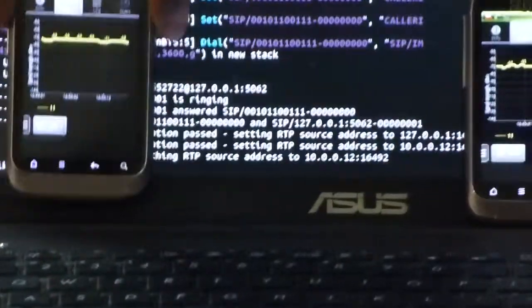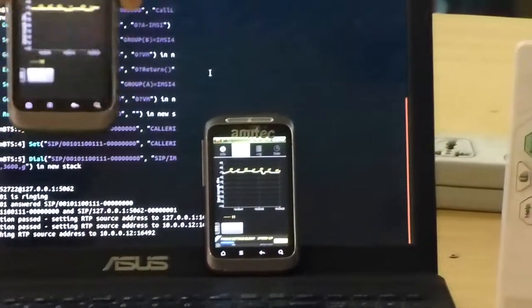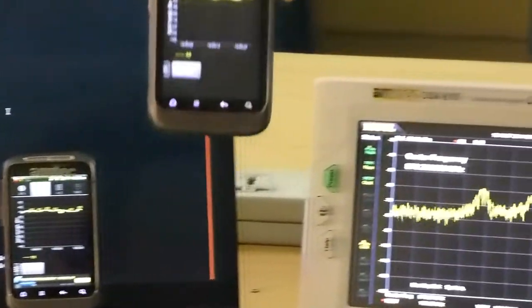Now if I move this cell phone and enter the coverage area of another BTS, in a short while we will see the signal level of this base station as well.